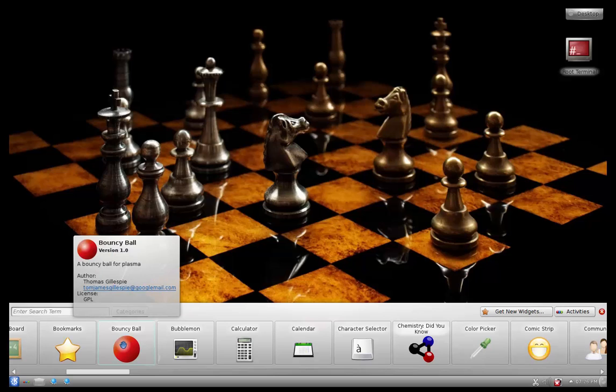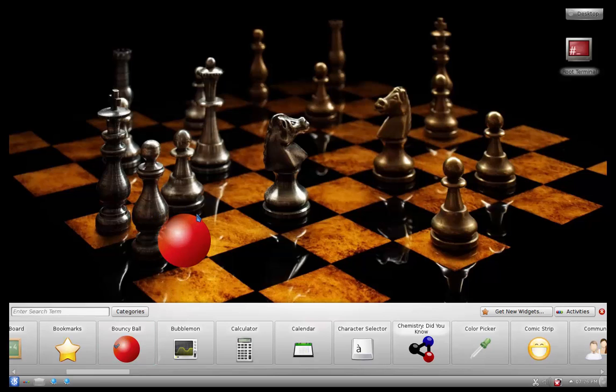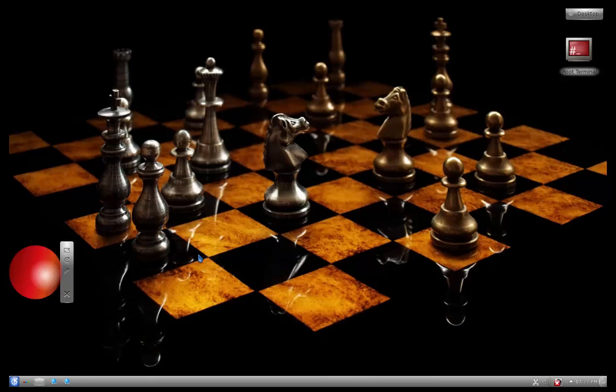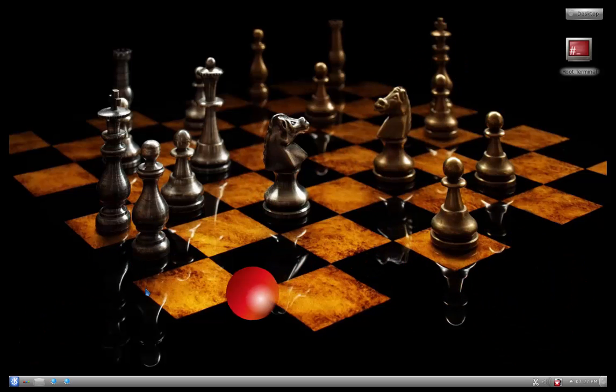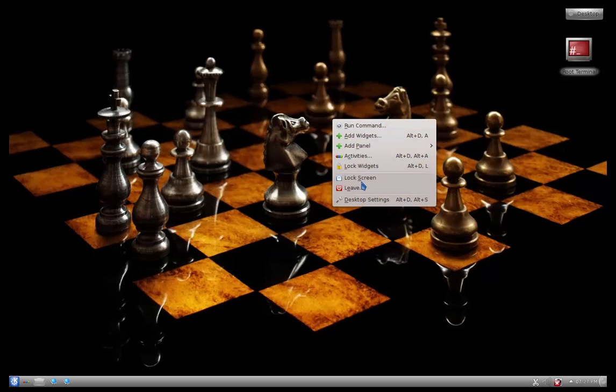One really cool one is the bouncy ball. Put that there and close this and watch what happens. I click on it and it bounces all over the place, and you can catch it. Try catching it, like that, and then you can close out of that. You have a lot of really neat tools